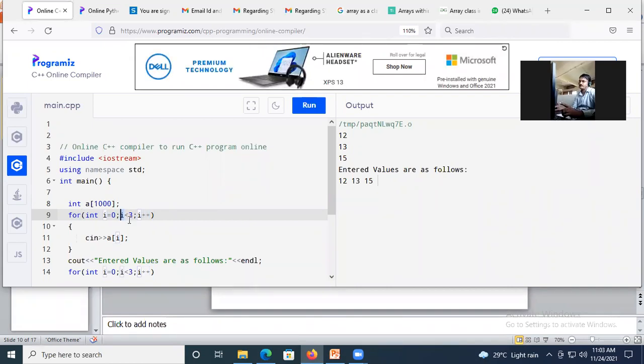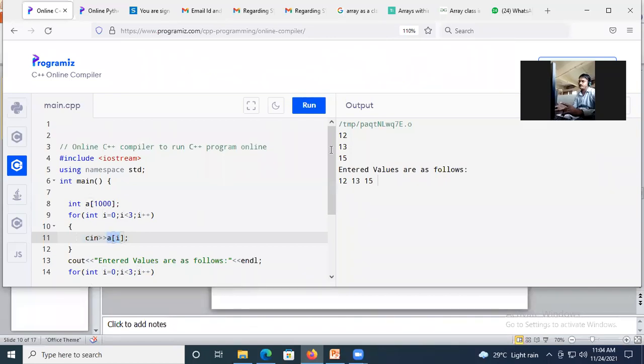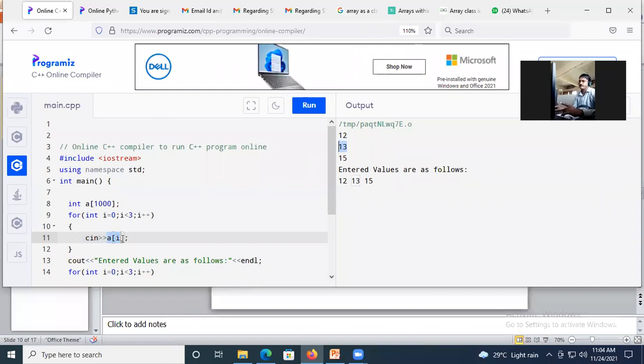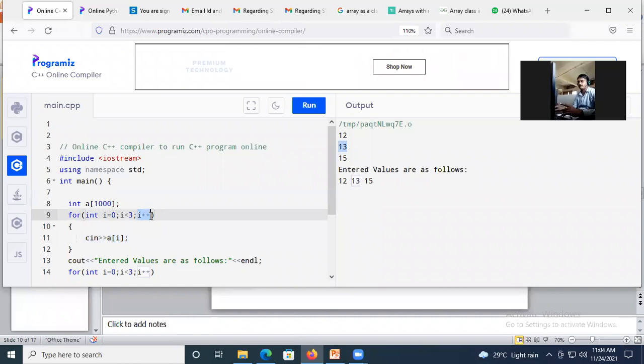Yes, condition is true. Now it goes here again. It checks the same thing. What is the operation? That means I need to take one more value from the user, at location A of 1. इथे I variable ची value काय आहे? 1. So A of 1, I'm passing the value 13. Okay. It is accepted. Now it goes and again it increments the value of I variable with 1.